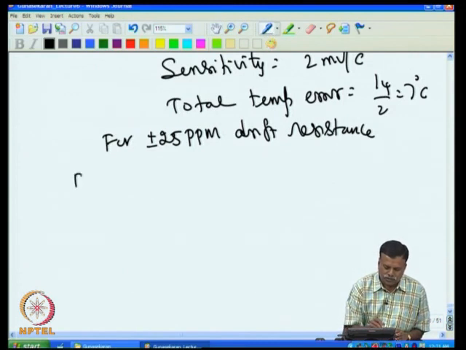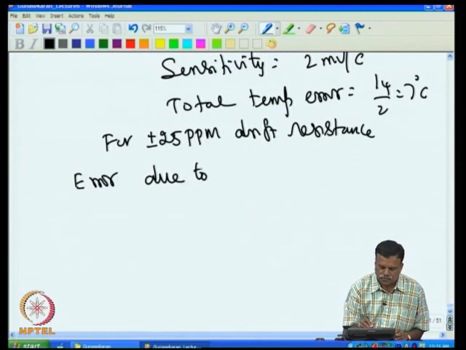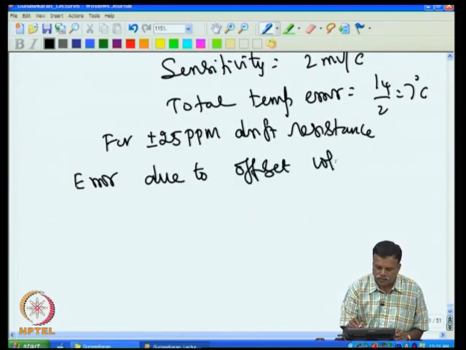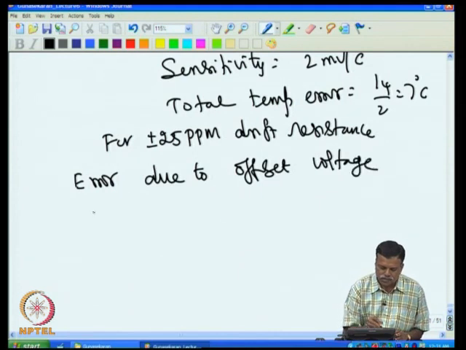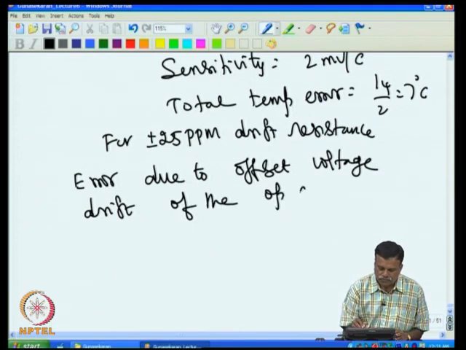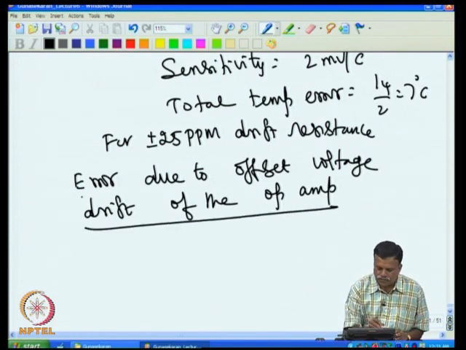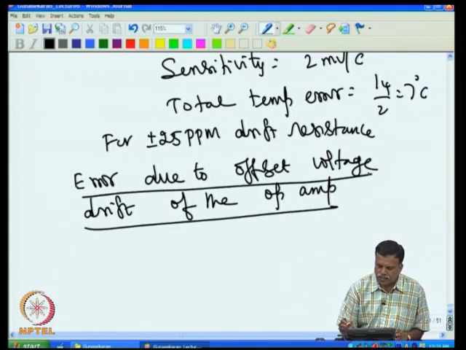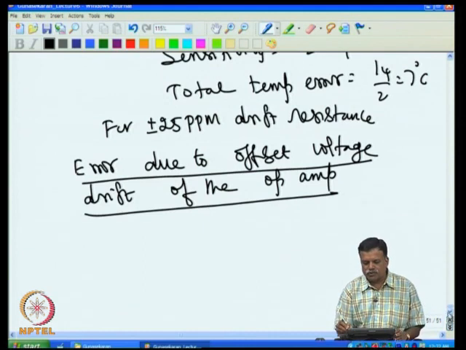So, error due to offset voltage drift. Now, in this case,